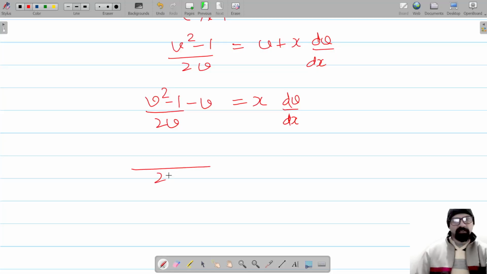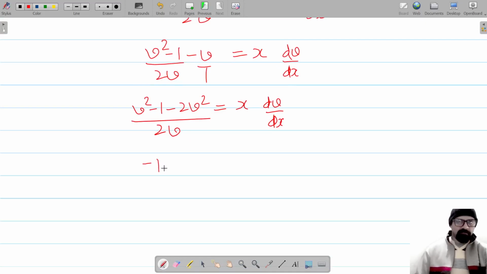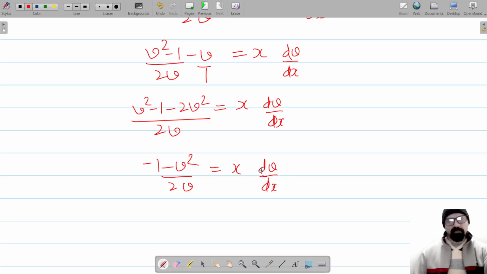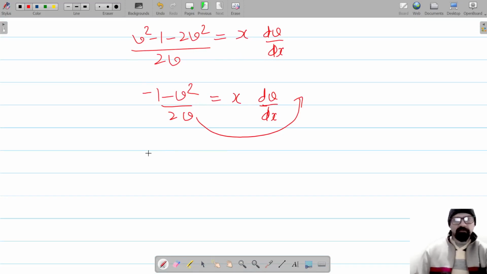तो इससे और सिंप्लीफाई करेंगे, टू v, तो ये बनेगा v स्क्वायर माइनस वन, यहाँ वन है तो ये बन जाएगा माइनस टू v स्क्वायर इज इक्वल टू x इंटू dv बाई dx। फाइनली इट्स माइनस वन माइनस v स्क्वायर अपॉन टू v इज इक्वल टू x इंटू dv बाई dx, और अब वेरिएबल सेपरेट करेंगे, इसे ले जाते हैं इस तरफ, तो ये बन जाएगा टू v अपॉन वन माइनस v स्क्वायर इंटू dv इज इक्वल टू, ये बन जाएगा वन अपॉन x इंटू dx।